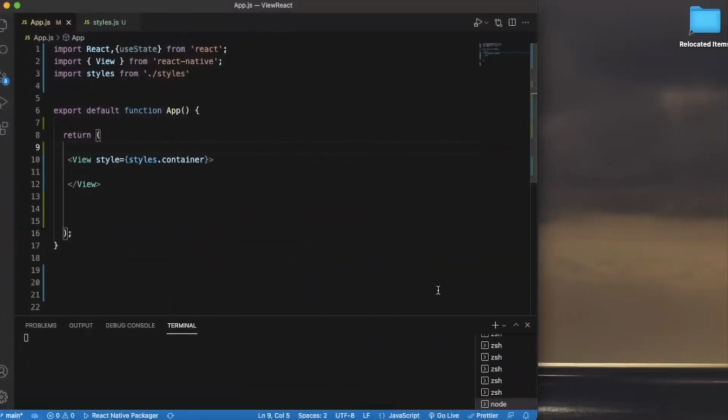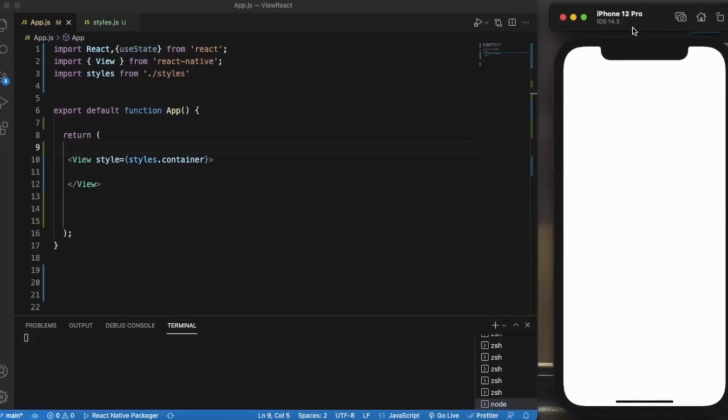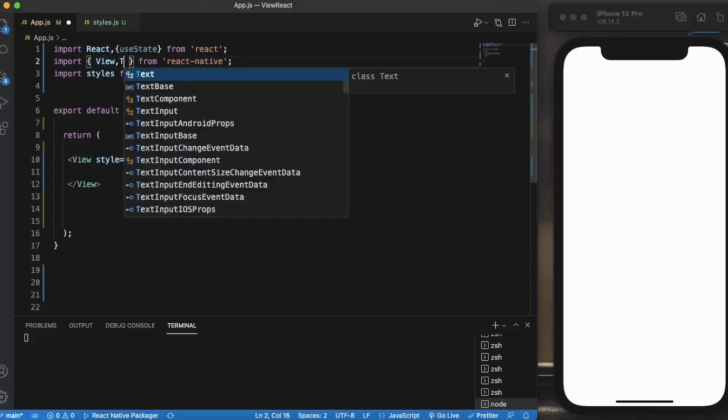So first of all, create a React Native project and open it on Visual Studio Code. I already opened iOS simulator and it works fine with Android emulator also. So if you are using Windows machine, you can use Android emulator. First of all, let us import the necessary component: view, text,